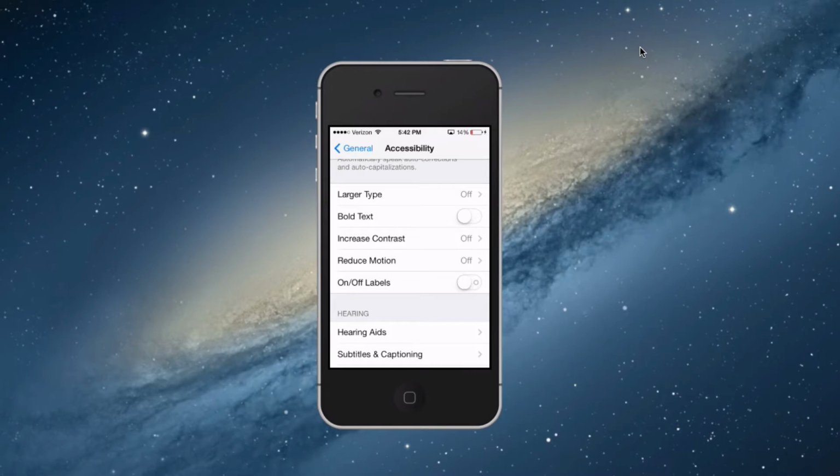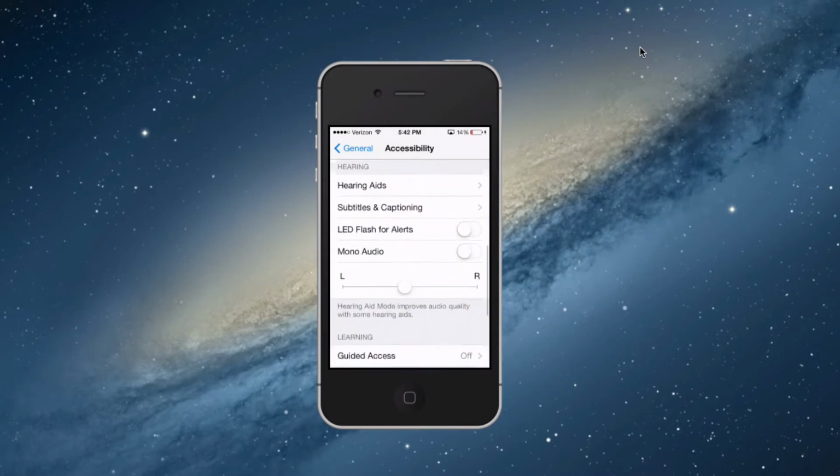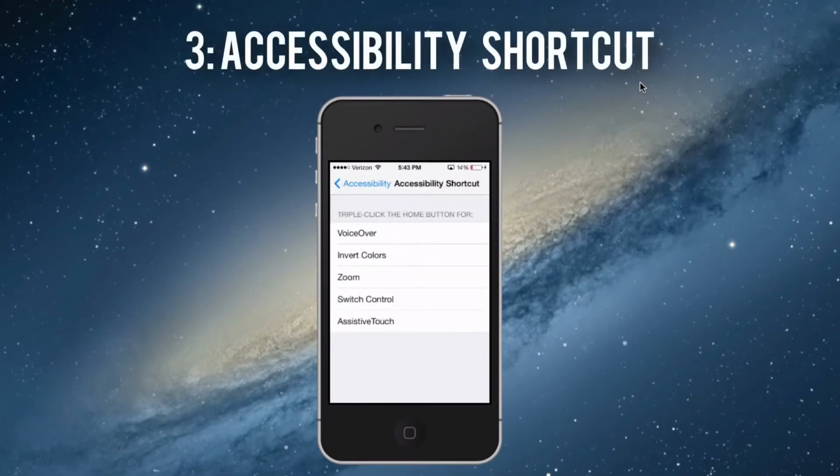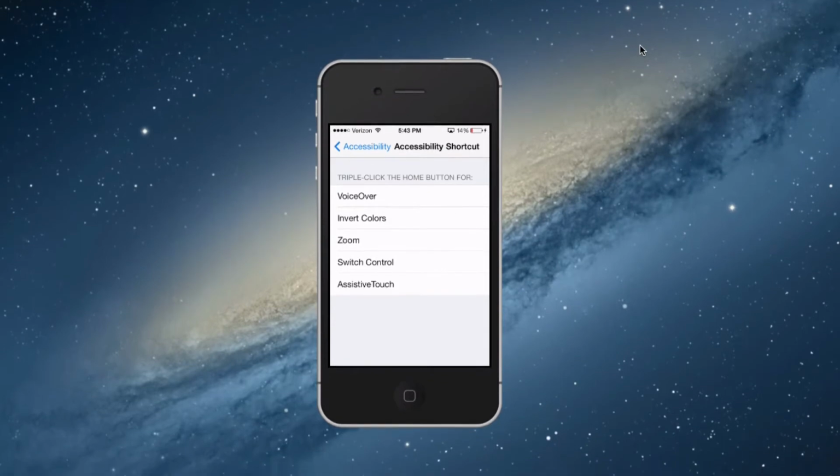So jumping into our third one, let's scroll down until we see the accessibility shortcut. When you press on that, you are presented with some options here. So it says triple click the home button for one of these options. So I'm just going to press on assistive touch. You can choose whatever one you want. So when I triple press the home button,